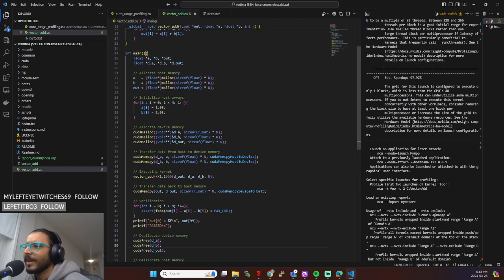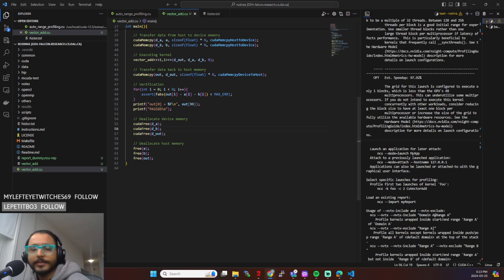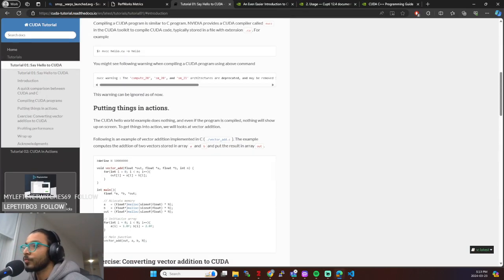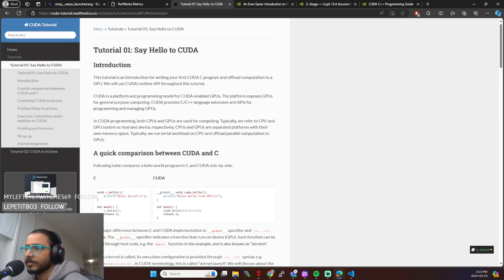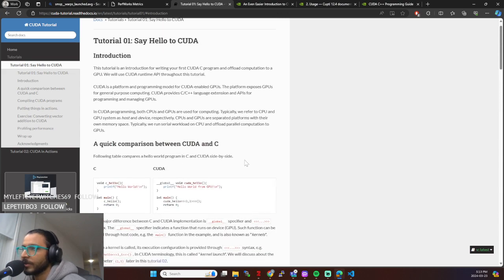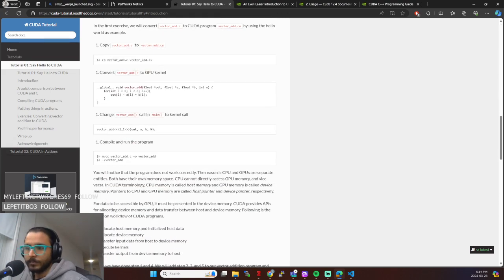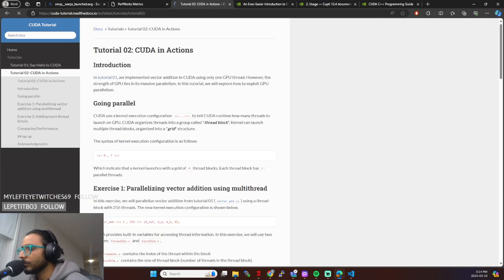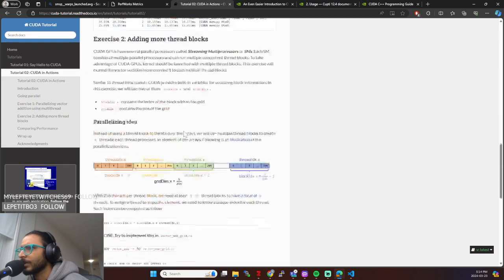What were we doing? Okay, I mean, yeah, we got this, right? So we saw an example of a kernel, what it looks like, how to profile it, right from the beginning. So you would be able to differentiate a CUDA code from C code. Now you should be able to compile it, run it, profile it. So yeah, we saw all of that. There is another tutorial, so we can go through that. I haven't seen this one, but